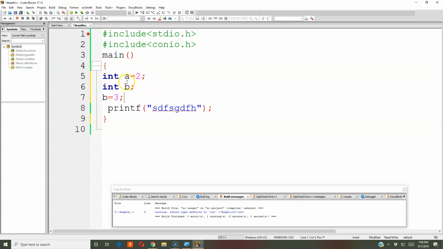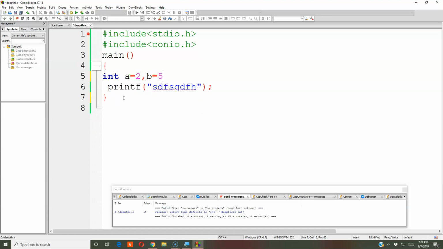Int A is equal to 2 you have declared here, with the value also given, which is of integer type. This variable is of integer type you are telling. Or you can give like this: first of all you are just declaring the variable and then giving the value to that, or you can concatenate everything, comma B is equal to 5, comma C, where you want to store, semicolon.